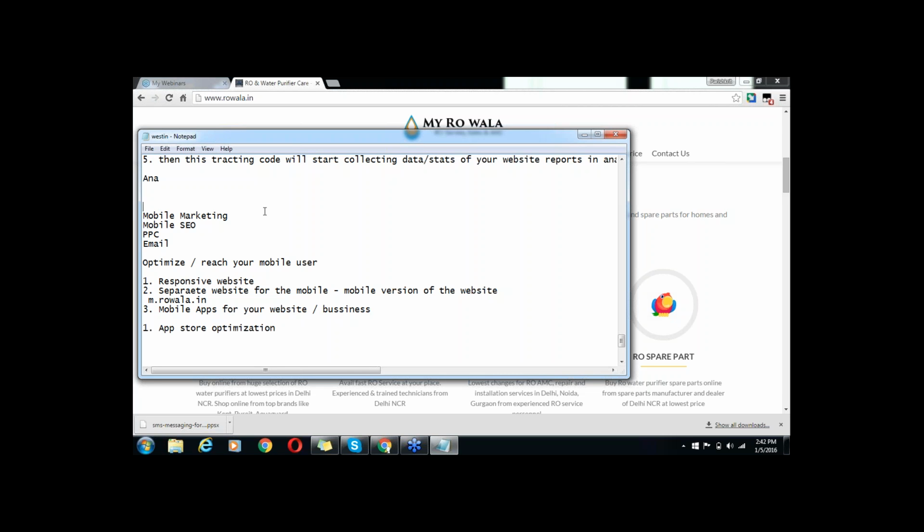After that study, or survey, many big companies have created a separate mobile marketing department. That department focuses on things like having a responsive website, a mobile version of the website, and mobile apps for the website or business, to achieve a specific goal.